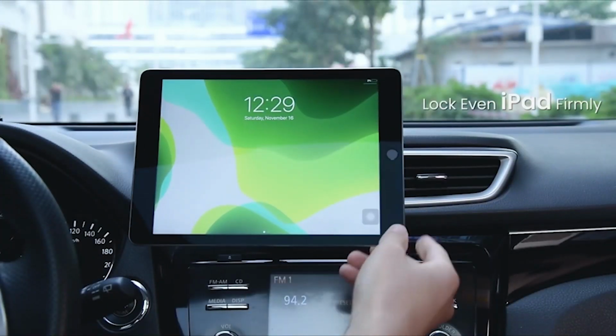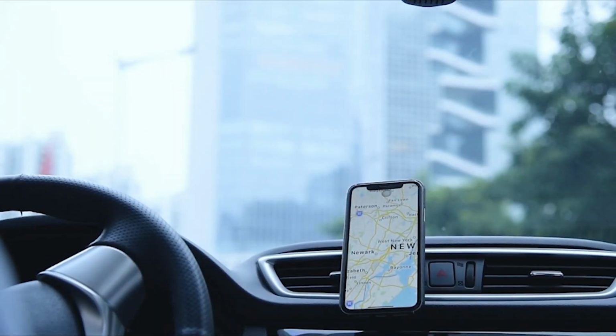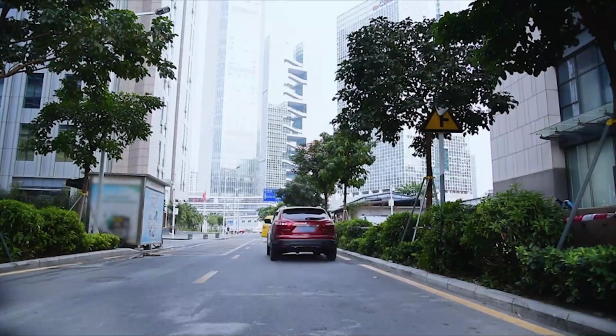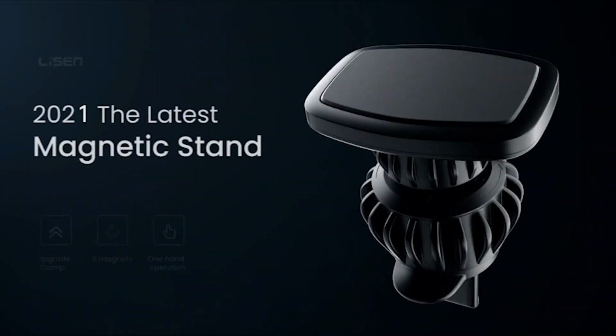Lisen magnetic phone car mount with 6 built-in strong magnets, the maximum bearing up to the weight of 4 cell phones. Powerful suction keeps your cell phone stable even when driving on a bumpy road. It is recommended to use the square pad on the back of your phone case. It is more stable than the round,